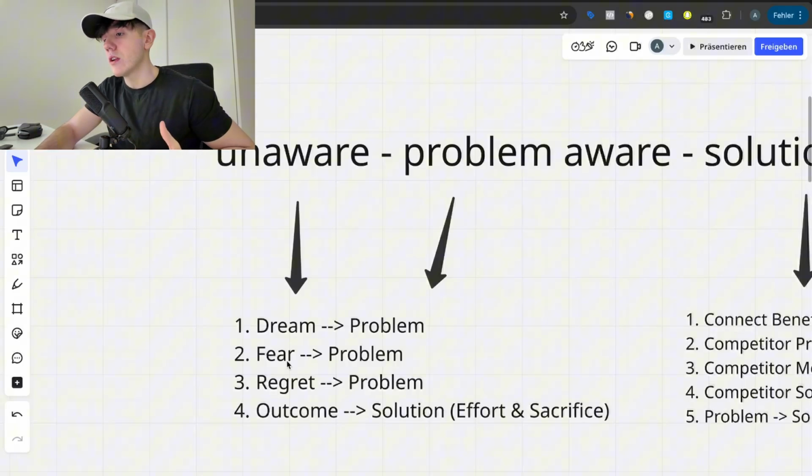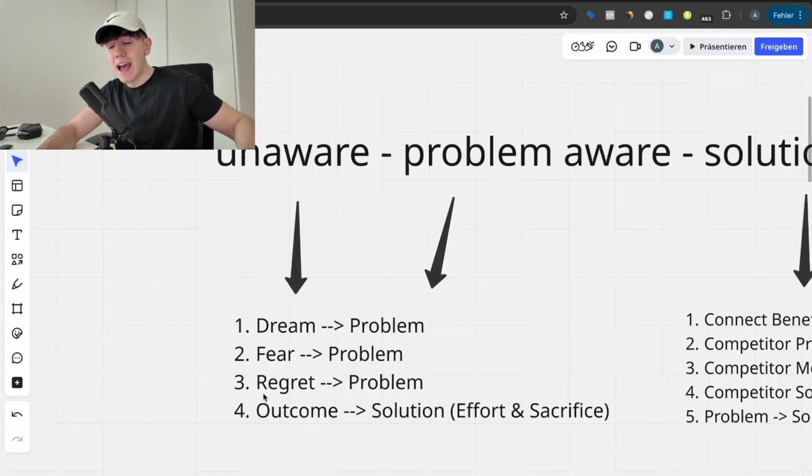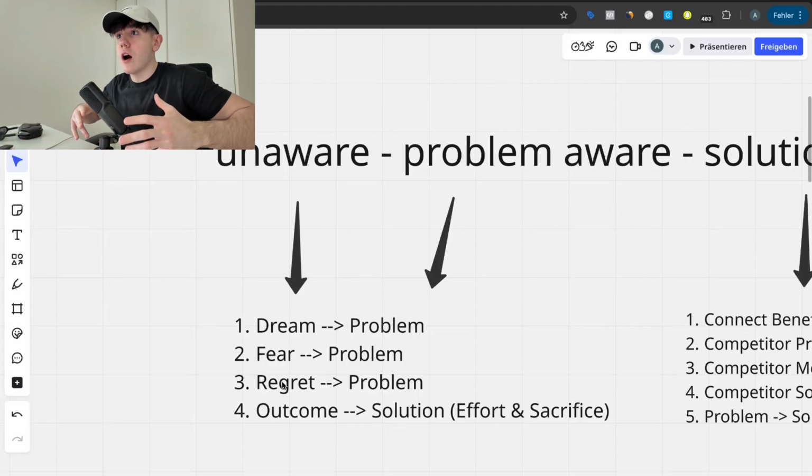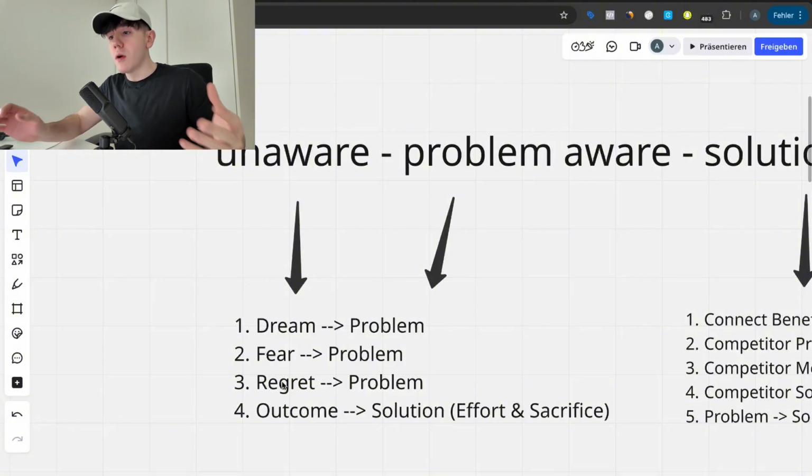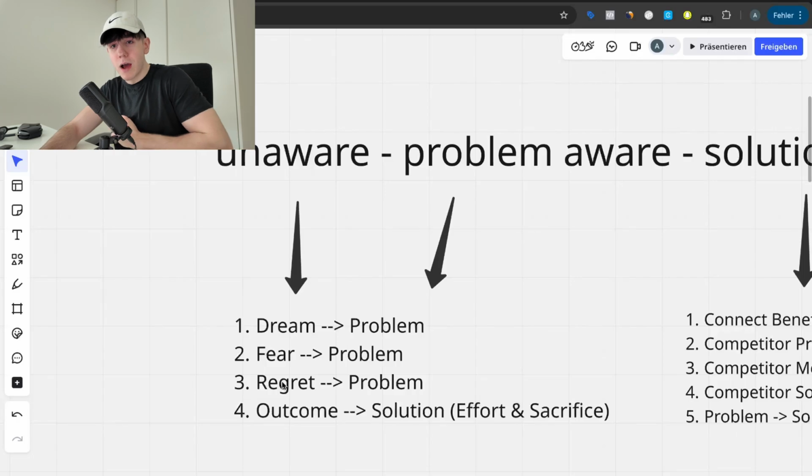Third thing is a super interesting one, which is regret, right? This is something, especially when it comes to if they've had a specific problem or a loss way back. So they already struggled with this. They already have been struggling with this, and they've been regretting one decision ever since. And the reason why this is unaware is because there's a bunch of these people. Now you can say something super broad, super untargeted, not niched down, super unaware, and actually channel that, even if it doesn't make any sense to your problem, right?